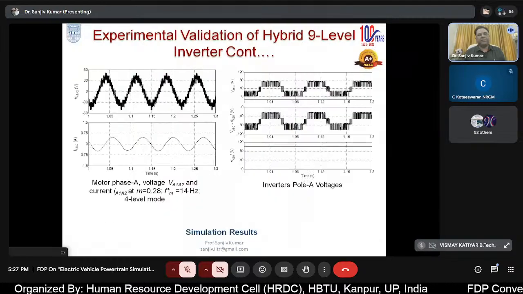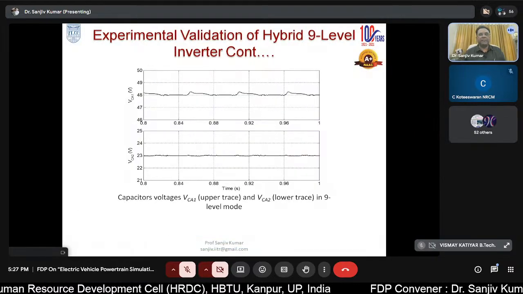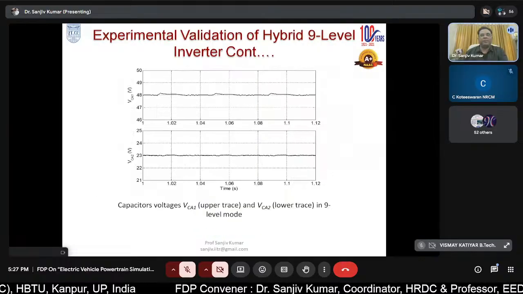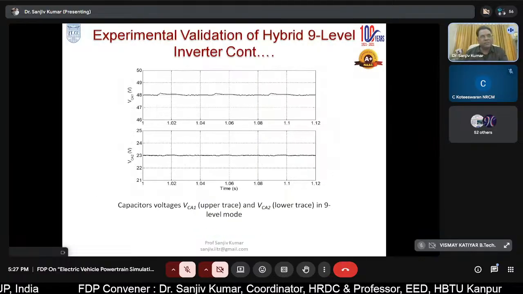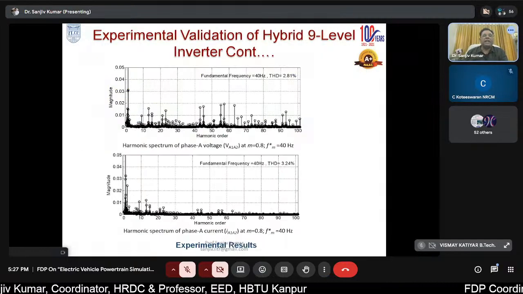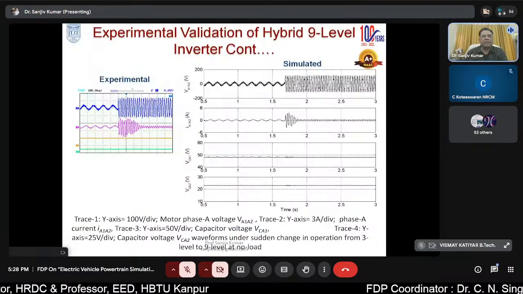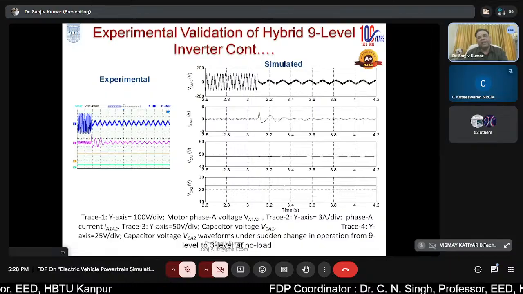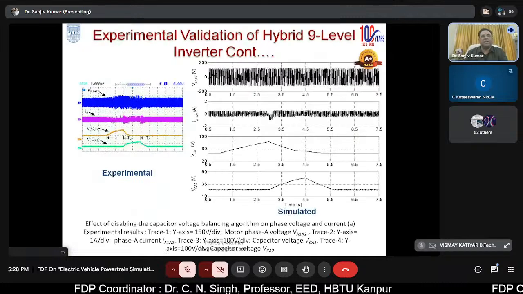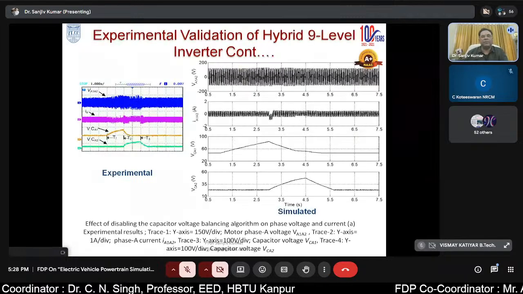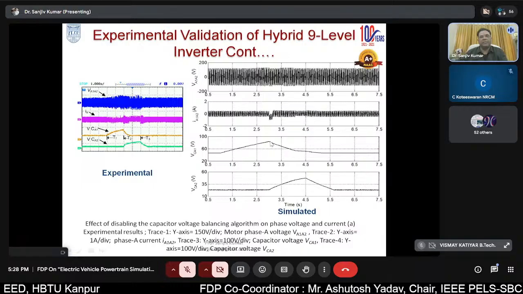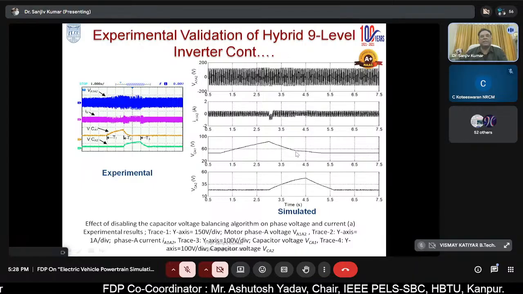And the major part is capacitor balancing. You have to measure and balance the capacitor in every sample time. As the time is very less, it is not possible, so I am just skipping these slides so that at least they come into view. In future, if you feel that it is good or related to your field, you can contact me and we can share the knowledge I have and you have. Here you can see the capacitor balancing logic, how beautifully it is managed. We have disabled this capacitor voltage balancing logic and it is increasing. The moment we enable it, it automatically comes to the level.